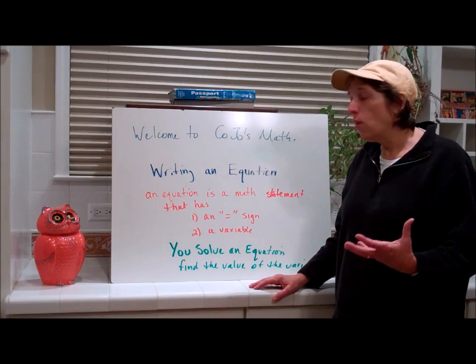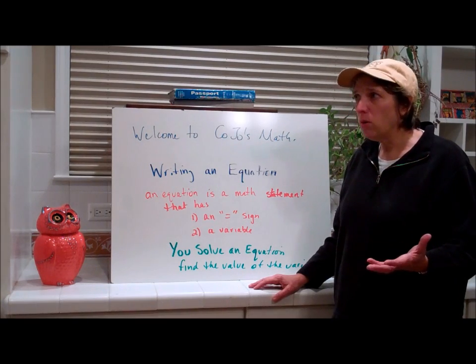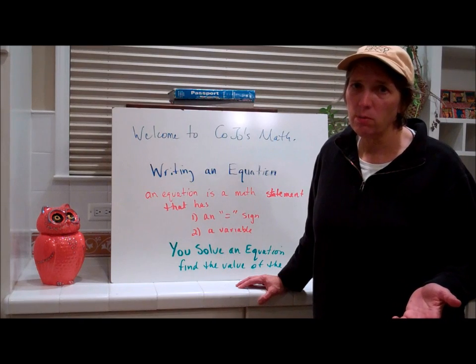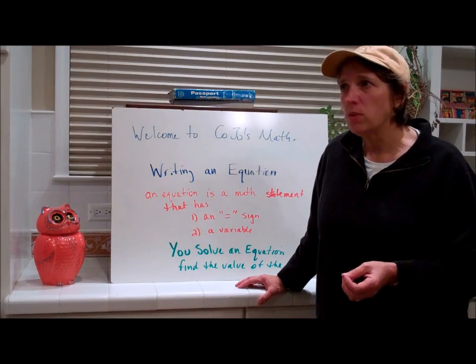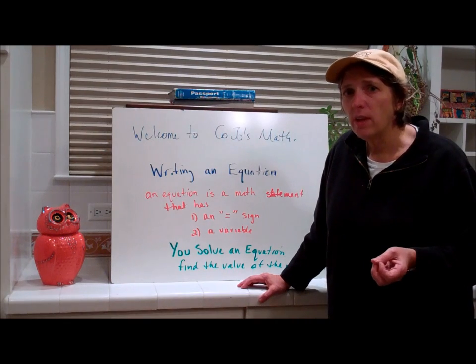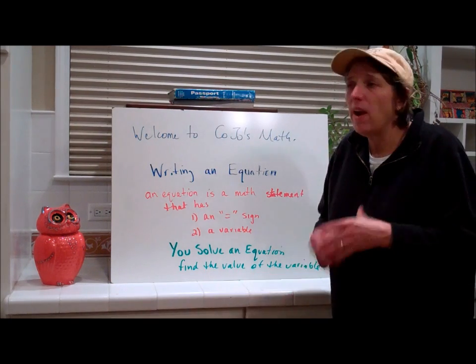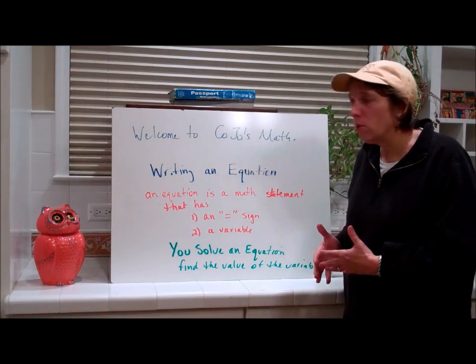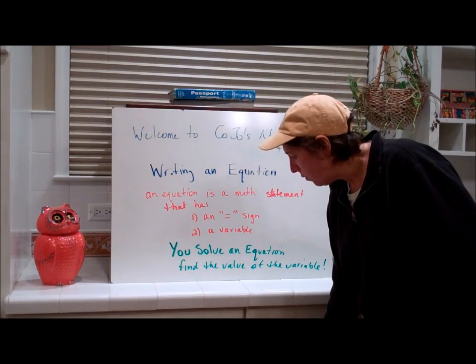So when you have an equation, you have a variable, you have some mathematical signs like addition, subtraction, multiplication, division. You have an equal sign. And the goal of the equation is to solve the answer, to find out what the variable represents to make the equation true. So, for instance,